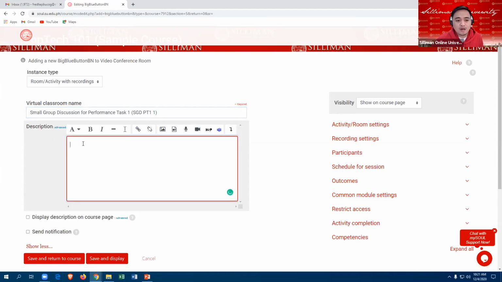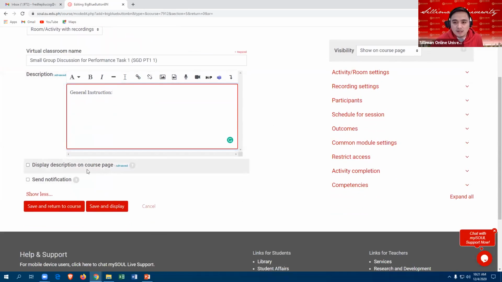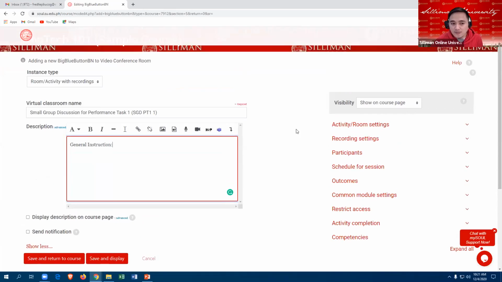And then if you have a general instruction, then you can place your general instruction for that specific group. And then no need to display description on course page. So just leave as default.